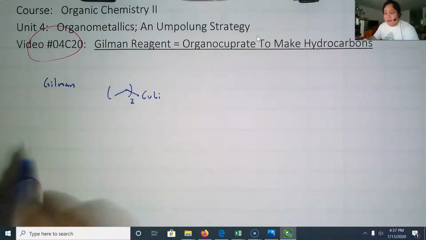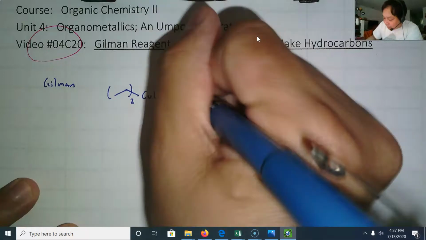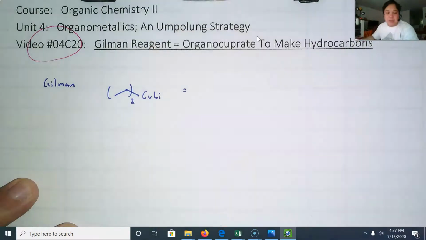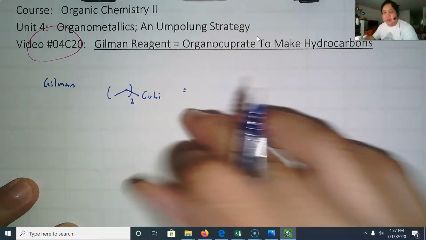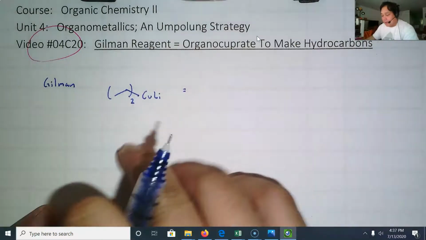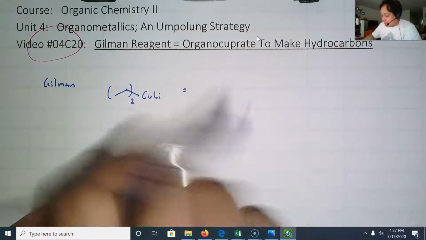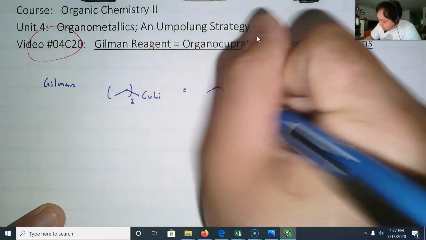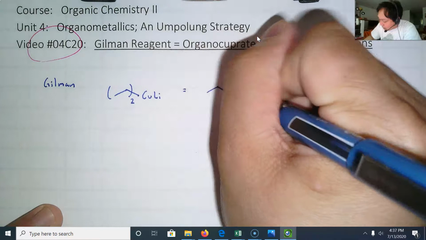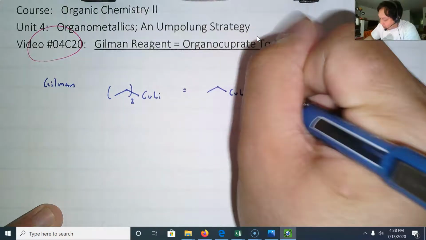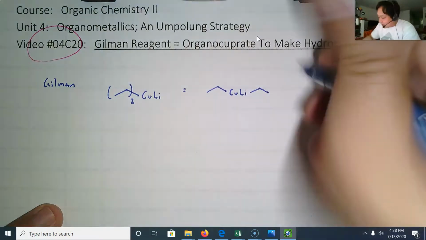You can probably tell now this is a little bit more complicated than a Grignard or an organolithium. And you don't want to lose any points by misrepresenting a GILMAN reagent. Another way you could represent this is to draw it out like this, and you could draw out literally both ethyl groups. The last way